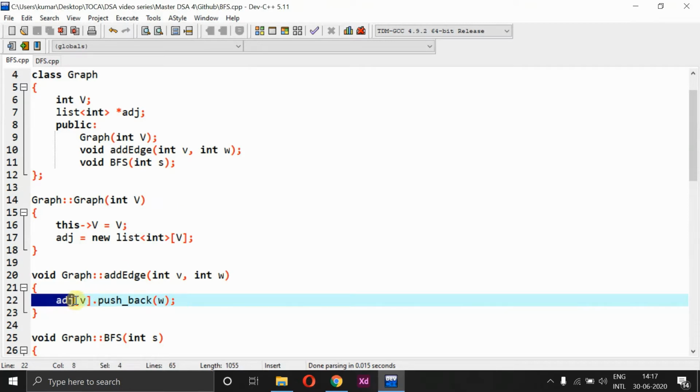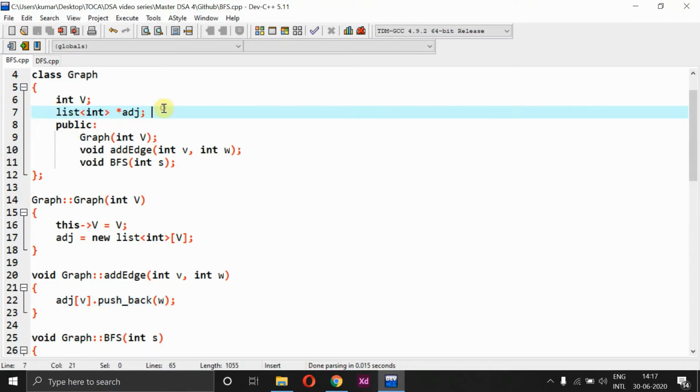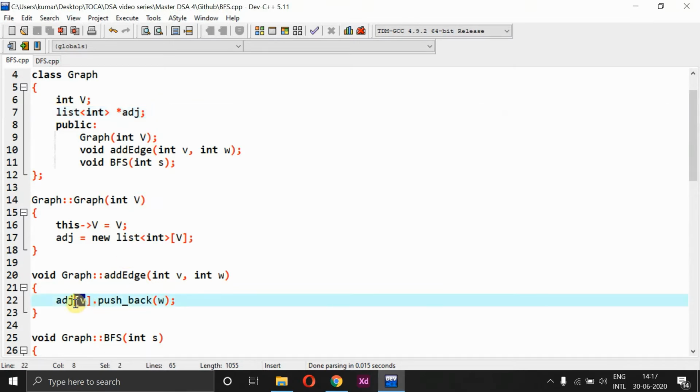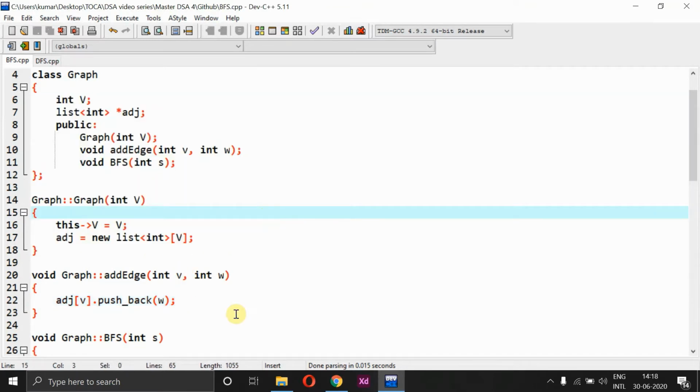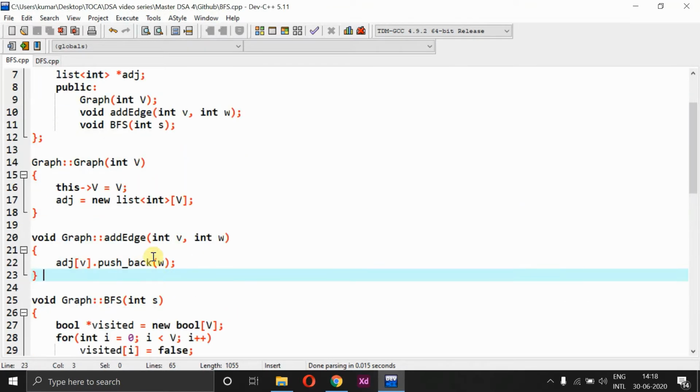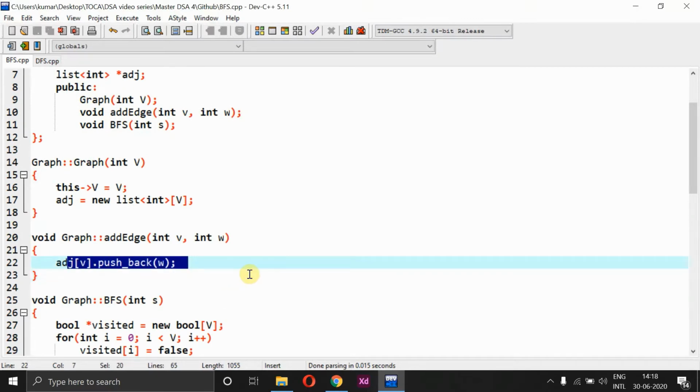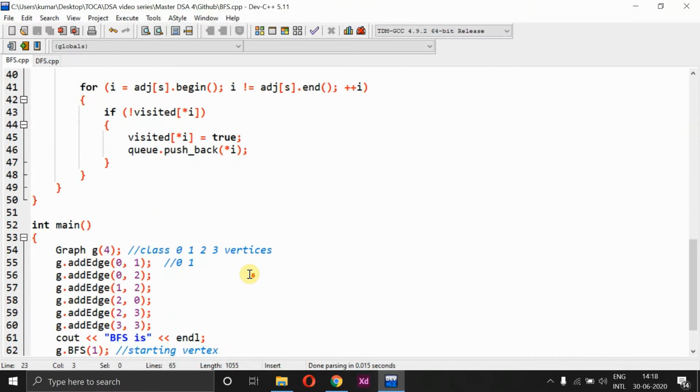Here ADJ represents the object that is created for this list, V represents the vertex, and W represents the exact edge we are going to pass. So this is all about creating the total vertices, and next is adding the edge. Just one line to add the edge into the graph.